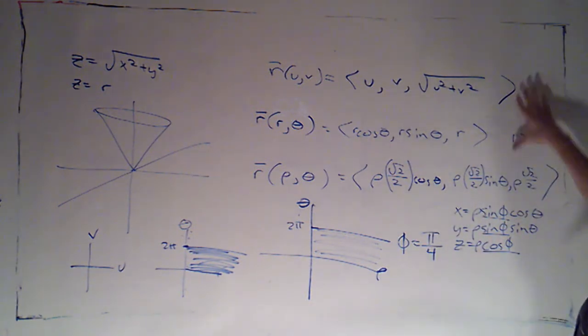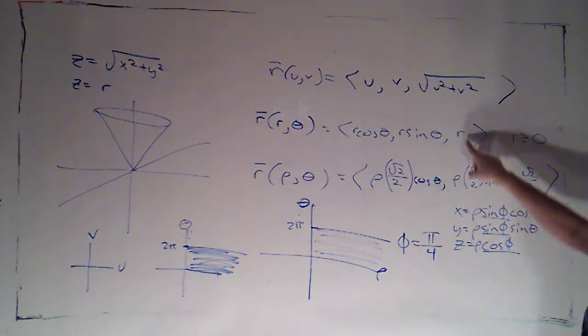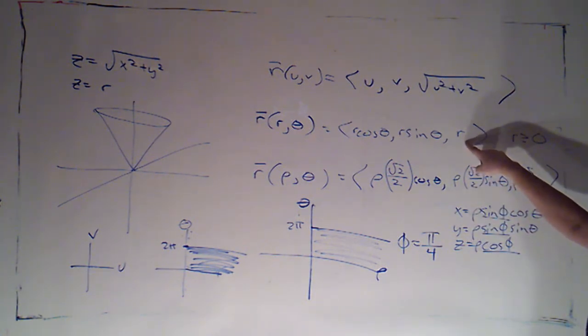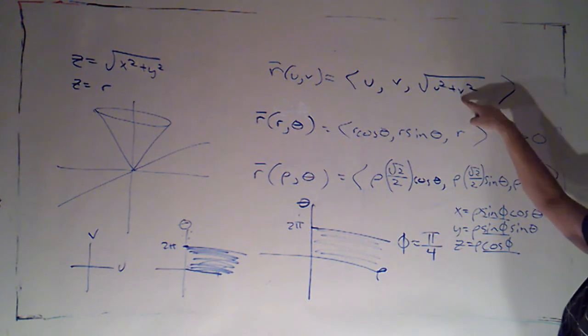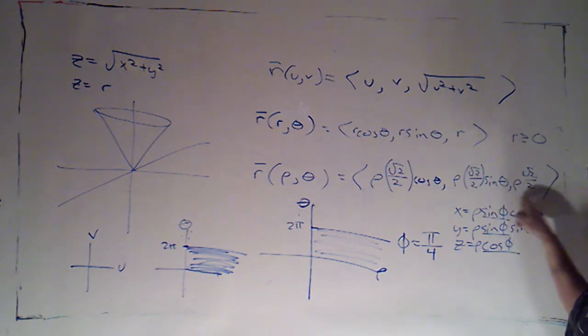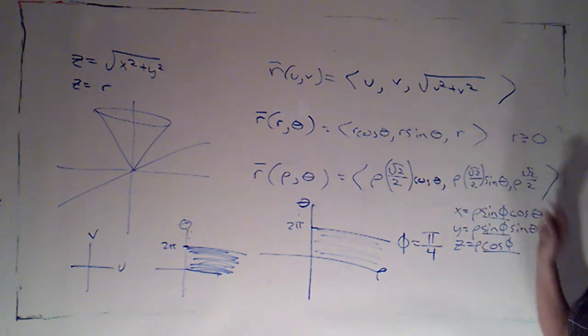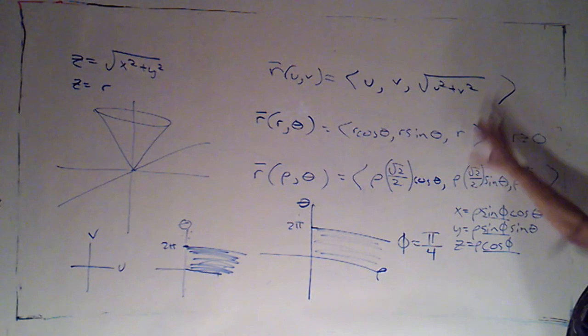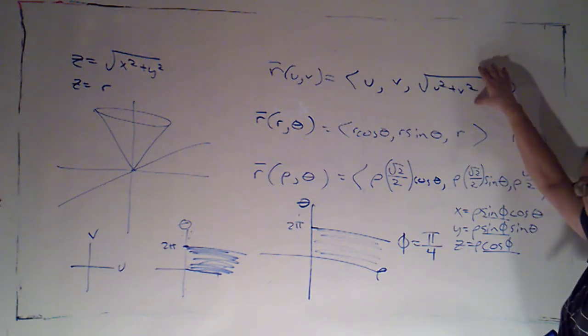Kind of neat to have all of these different options. I think that one tends to be the nicest one to work with. I'm never crazy about having a bunch of square roots in my formulas. I really like that because that's just r's and thetas. This one's pretty simple too. So I think either of these would be a better option than this in most cases.